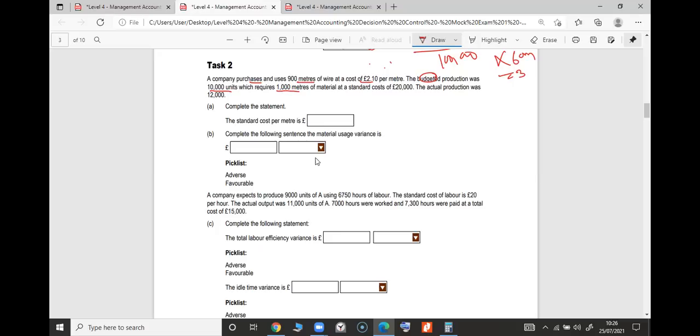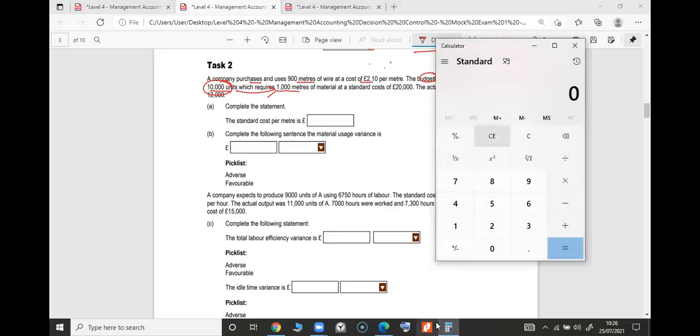Okay, I got the answer for 1 unit. Ooh, be careful. 10,000 units. What answer are your people giving me? 10,000 units requires 1,000 meter only. Yeah, Richard, thank you. Be careful with that. Now I'm showing it on the screen. 10,000 units is budgeted, and your budgeted meters are 1,000 meters.